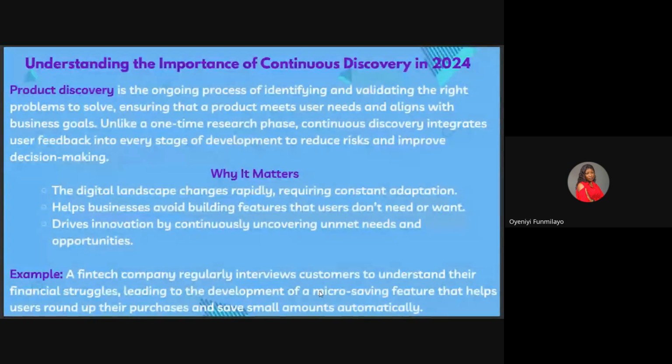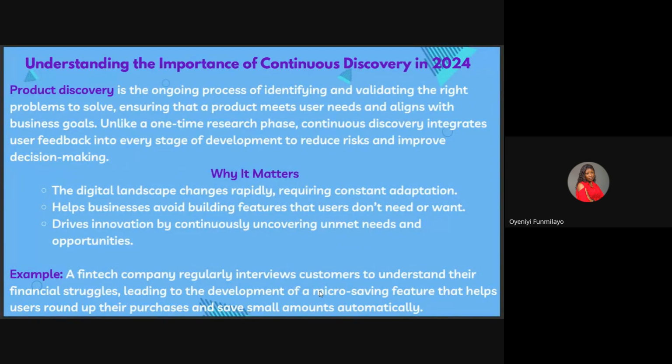So product discovery is something that just has to continue. You will not just do research and say, oh, as a product manager, I've done this one, then you will now stop. It does not work like that. You have to continuously make research. Even when you build a new feature today, you will still do another research to know, okay, what else did these users want again, aside from this one we just built.